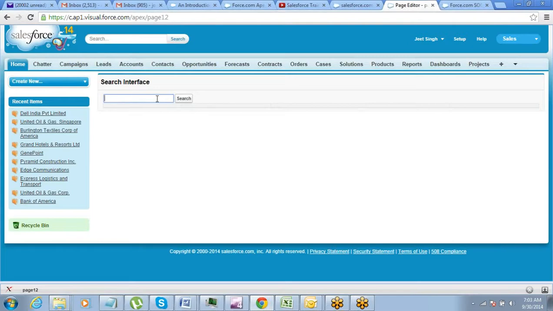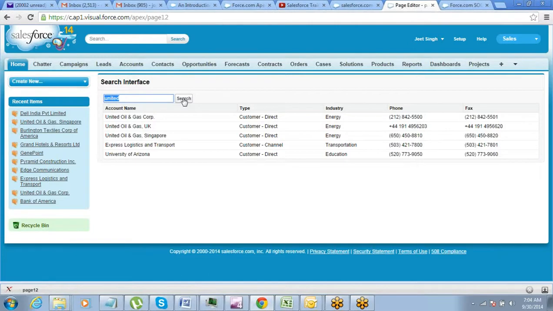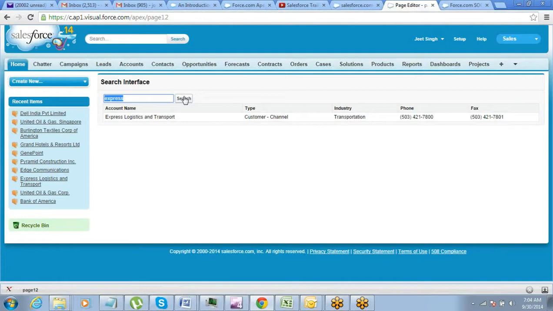So now you can put a search criteria or a keyword here and click on search. This will perform the search and return the result. Right? That is what it should do. It's working.